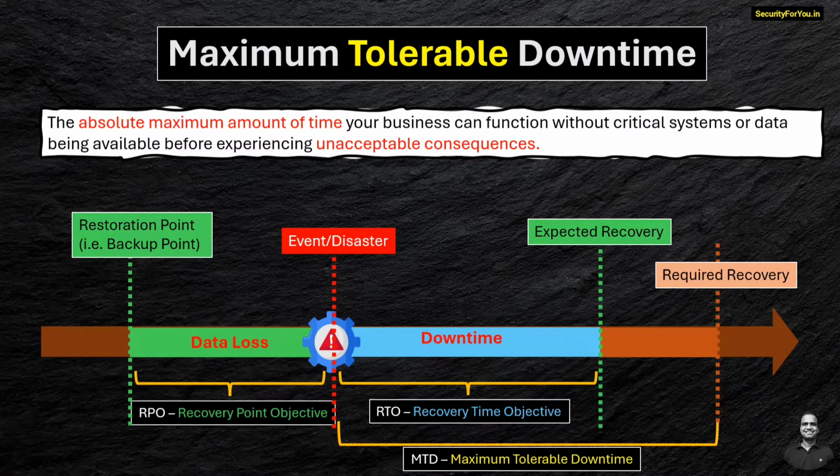Let's take an example. Suppose there is a company conducting online auctions. It might have a maximum tolerable downtime of 4 hours. This signifies that beyond 4 hours of downtime, the business would face significant revenue loss due to cancelled auctions. Within this 4 hours of maximum tolerable downtime, the RTO for their auction platform might be set to 2 hours. This means the company prioritizes restoring the auction platform within 2 hours to minimize lost revenue opportunities, right? I hope you have understood what MTD is and how it is different from RTO.